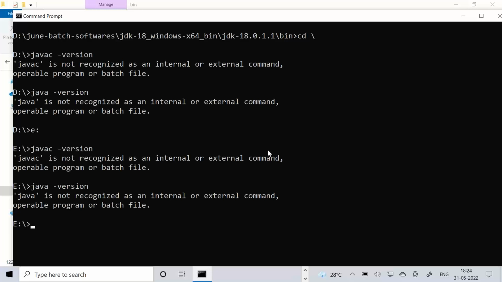Only in the bin folder location are you able to run successfully. Only from the JDK bin folder can we run successfully.